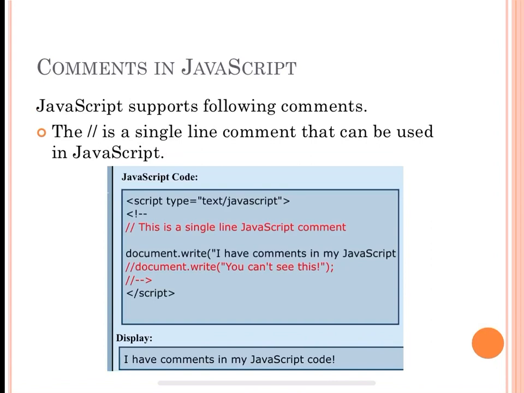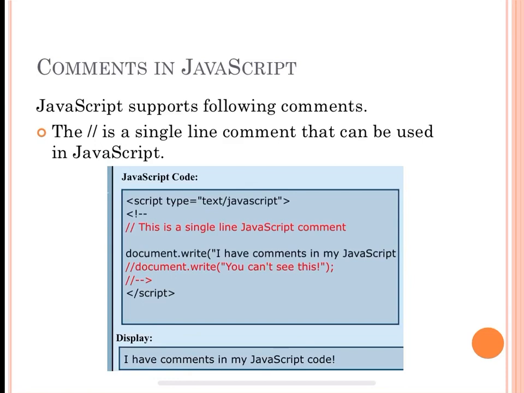Okay, so see the code below. This is an example of single line comment code. I have started from the script tag. First you have to write the HTML tag, then the head tag, inside the head tag the title tag, then close the head tag, open the body tag, and inside the body tag you are going to write the script tag.